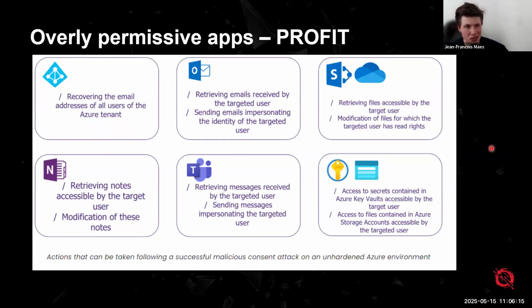A lot of people actually sync OneDrive locally and in the cloud, right? So what this means is when you work on a document and you save it, it would automatically upload a copy in your online OneDrive, for example. But it also works the other way around, right? If you're editing a file in the cloud and you save it, it's going to be synced to your local system. So we could use this as a persistent backdoor.